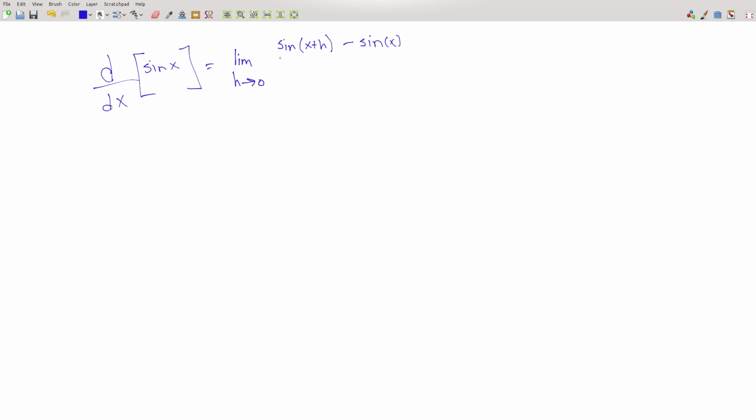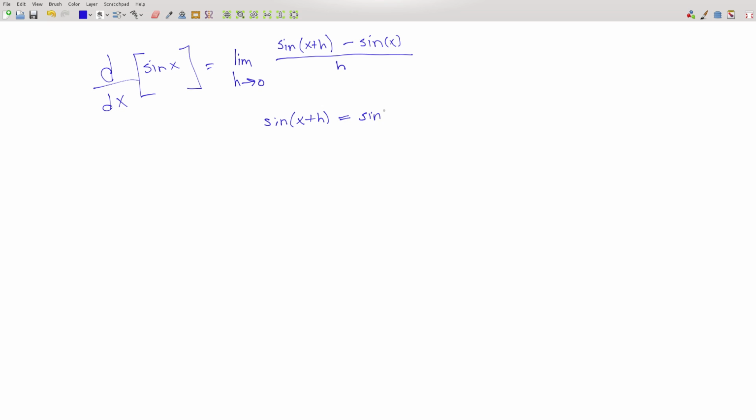of x, and this is all over h. We've seen this before, though not using a sine function, and the trick for handling this is to remember back to Algebra 2 trig, when we saw formulas that helped us make sense of the sine of the sum of two angles. If you remember some of those formulas, we can rewrite the sine of x plus h as the